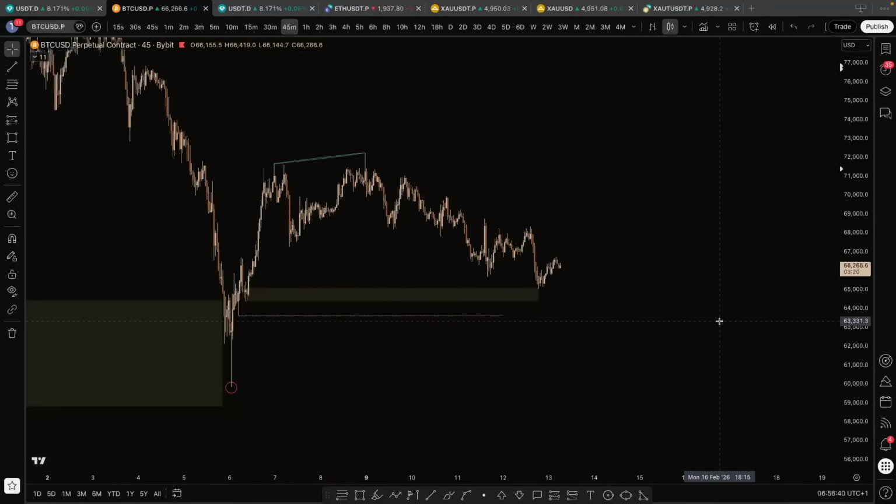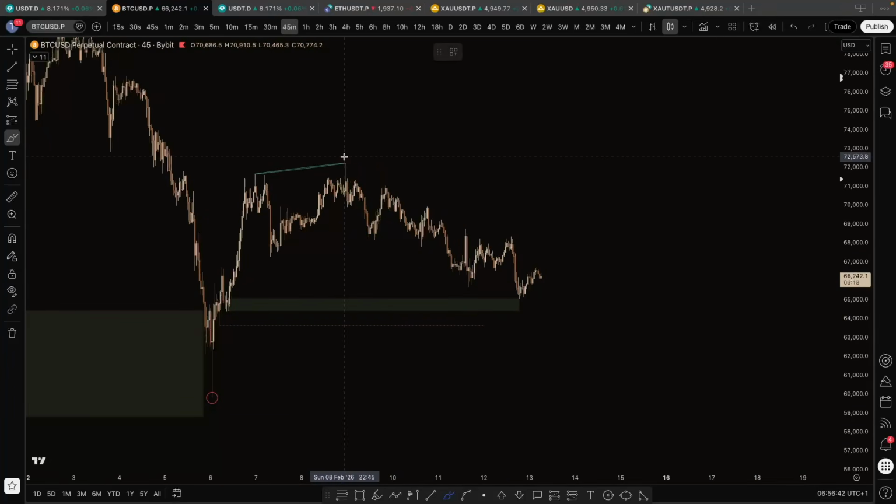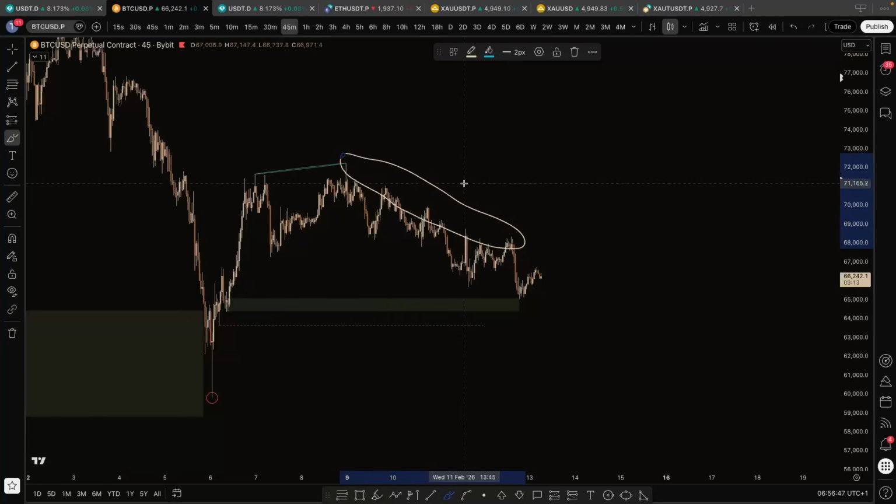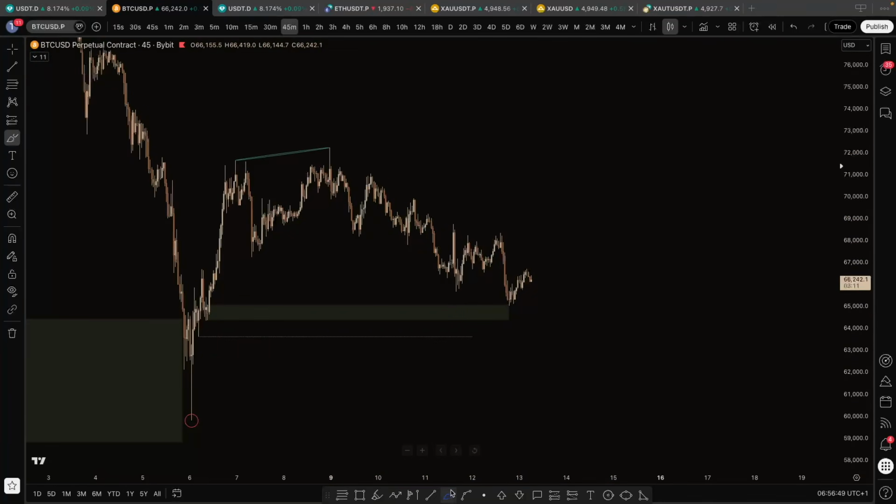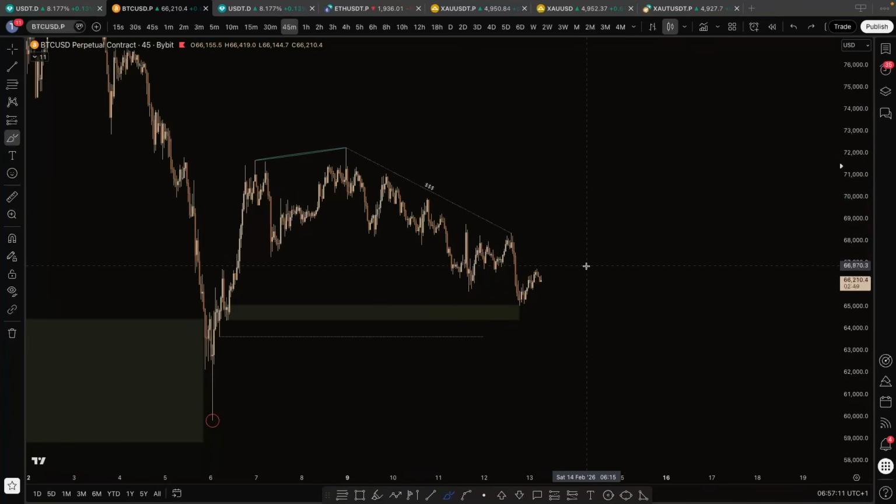We have a lot of liquidity above us. When you find a heat map on CoinGlass, you can find a lot of liquidity above us. Here you can see that liquidity, because we got a slow move down. This high doesn't take out this high. Do you see? This high is lower, this high is lower. That means there's a lot of liquidity above. None of these highs take each other out.